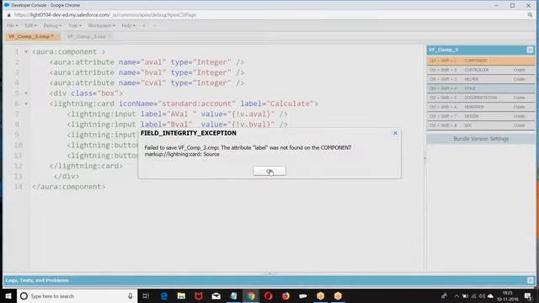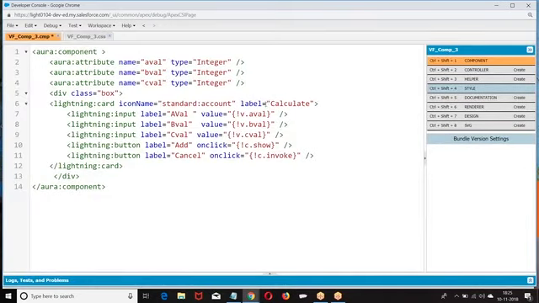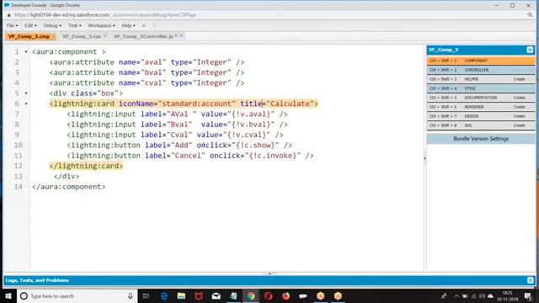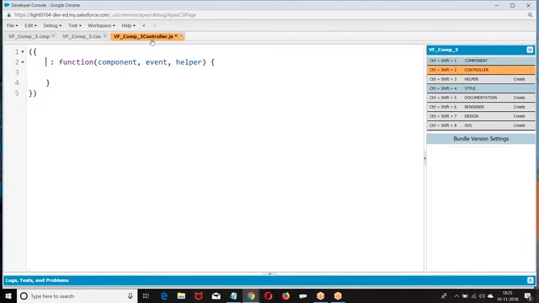Label was not found in the component card. Where was this title? This is not a label, this is a title. Okay, so go back to the controller and define it. So what was that? Show and invoke.